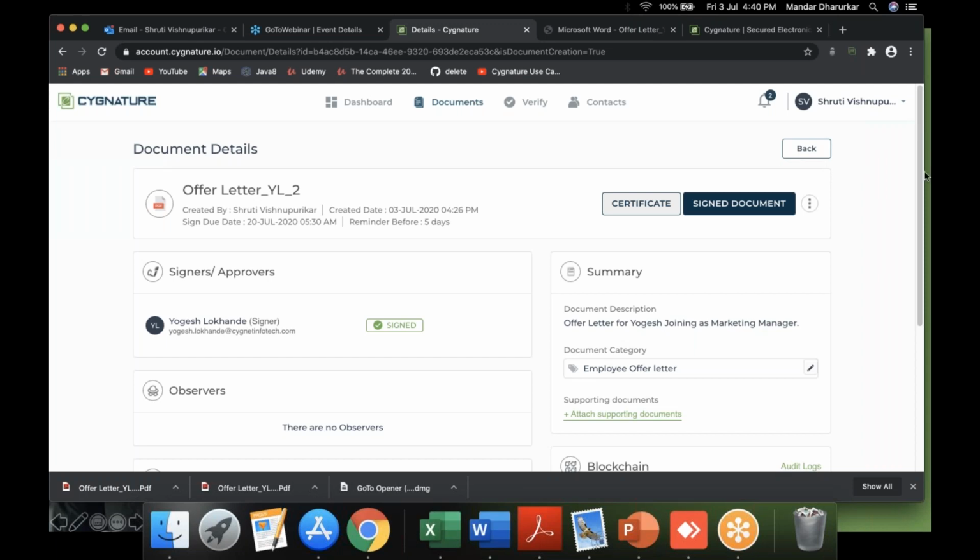Pricing is very competitive when compared to other solutions in the market. Pricing is the most competitive, I would say, when considering Aadhaar e-sign and other things we are offering with this signature platform, and all the features and all the types of signatures we are offering. No other solution will offer you so many things at the competitive price we're giving. Any more questions? Please drop them in the chat window. I'm still here to answer.